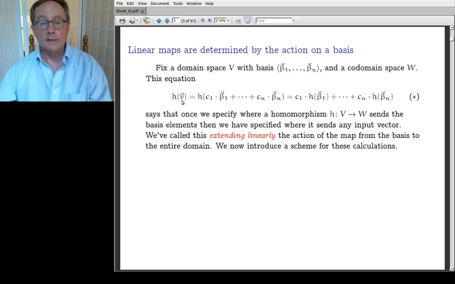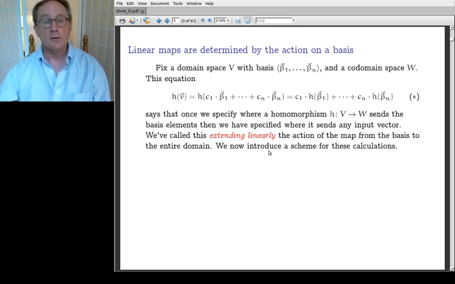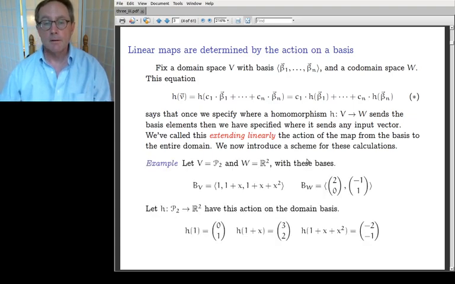And we, of course, had a term for how do you get from the betas to v. We call that extending the action of the map linearly from the basis to the entire domain. So I'm going to introduce a scheme for the calculations, and it basically just involves using those c's. So I'm going to pick just an arbitrary domain space and an arbitrary codomain space, range space, and I have